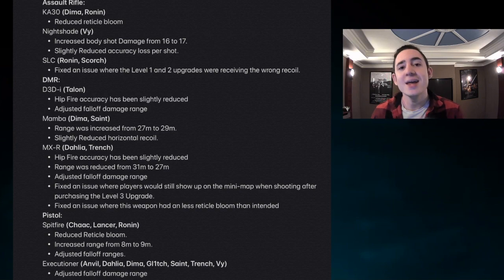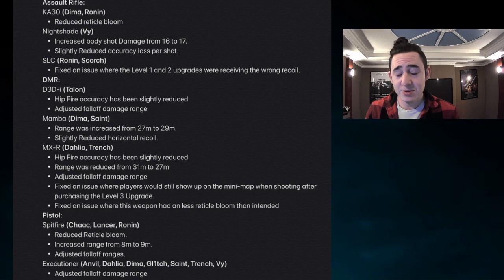deadly this weapon is. Then we get onto the MXR, which needed, and I'm going to say this is what needed to change. Hipfire needed to be reduced, the range needed to be reduced, and the time to kill in some way needed to be reduced. Now you either change the time to kill by changing the damage so it takes one extra shot to kill somebody, or you change the fire rate of the weapon, which will always adjust the time to kill. And in the patch, what they've done is they did reduce the hipfire, which is good. They did reduce the range, again good, but they did not fix the fire rate or anything to do with